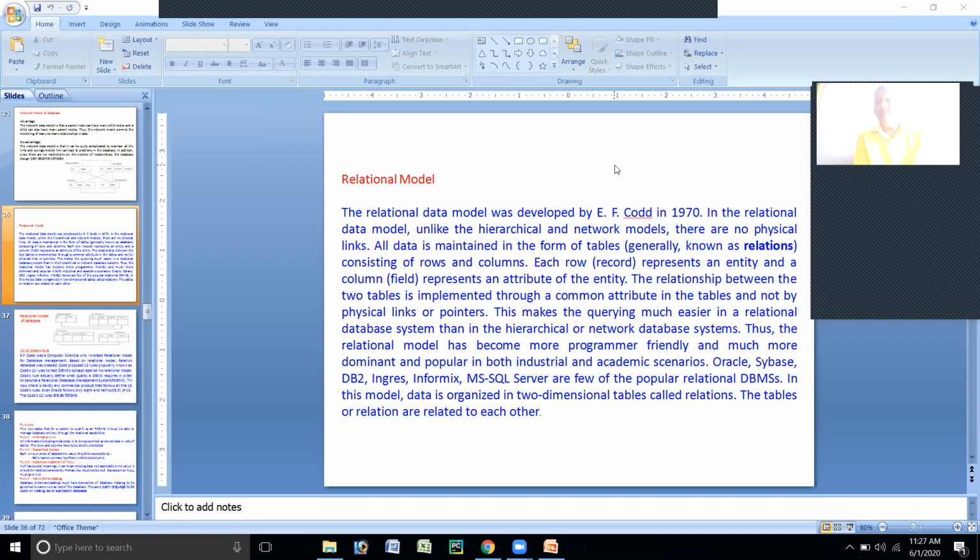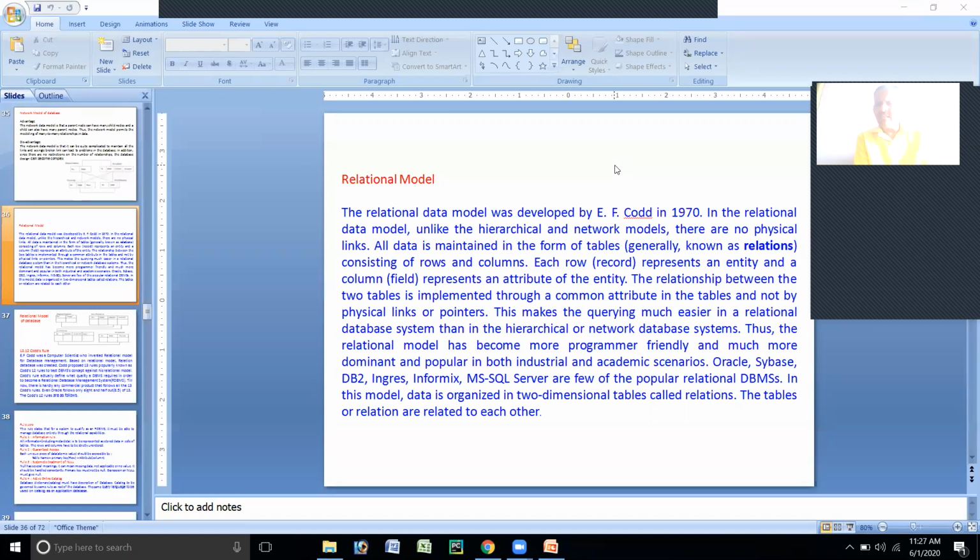Some data from the already existing database, that is student names and all, they are collecting from the beginning database. Then marks will be taken from the marks database. By joining those two tables, they are generating your marks card. It means more than one table can be accessed at a time. That we are calling a relational database.